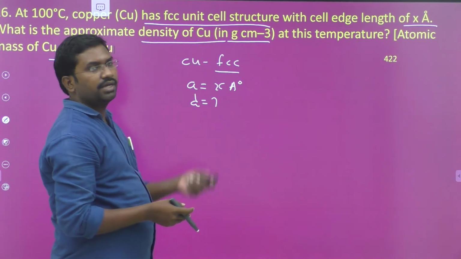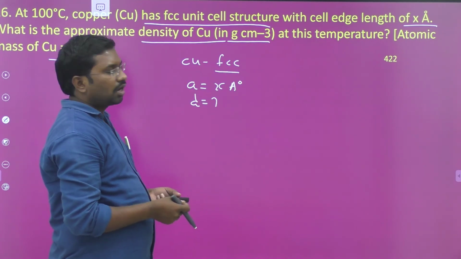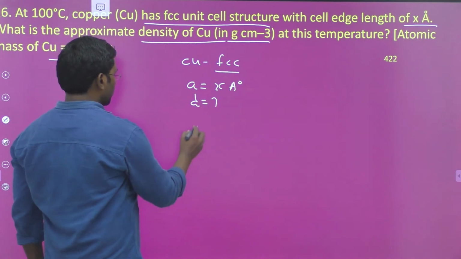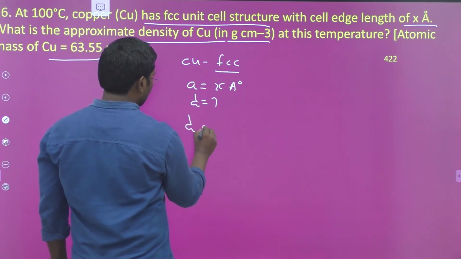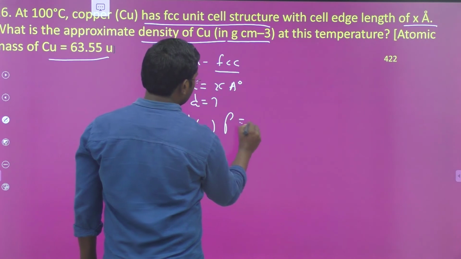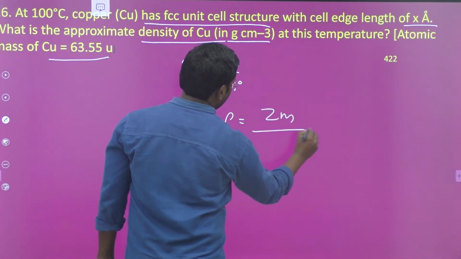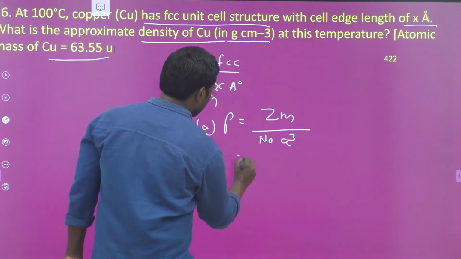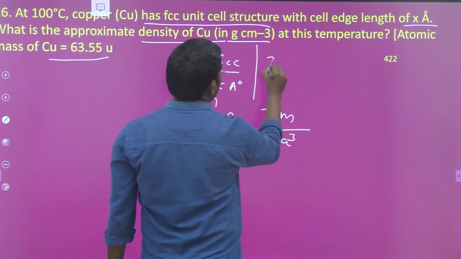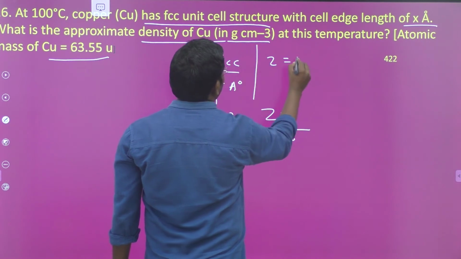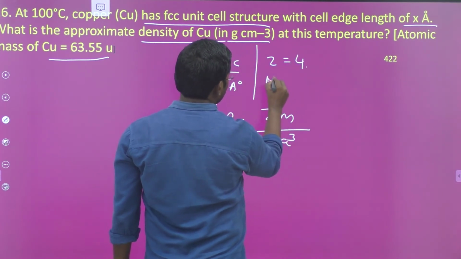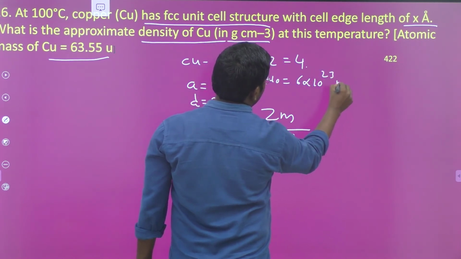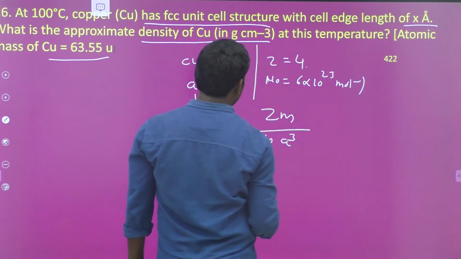Relation between D and A and relation between R and A, and also calculation of the density of the unit cell, rho. Okay, so density of the unit cell D or rho is given by the formula ZM by N0 A cube. Here Z is equal to total number of atoms. Total number of atoms in FCC is equal to 4. N0 is equal to Avogadro number, 6 into 10 to the power 23 mole inverse, and here A is the